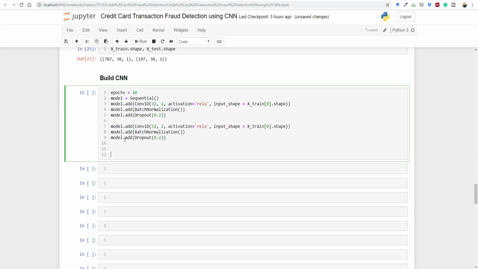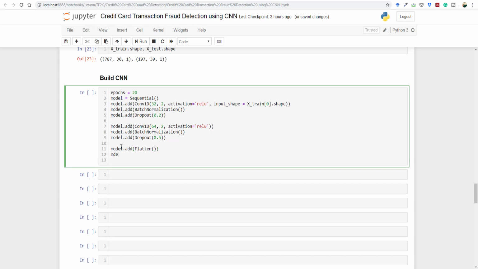I'll add that later. Now let's go ahead and add another layer, and in the second layer we actually do not need the input shape, so we can just remove the input shape, and for the number of units I'm going to pass 64, and I'm going to increase the dropout from 0.2 to 0.5. So in this way 50% of neurons will be dropped after the second layer, and 20% of neurons randomly will be dropped after the first layer. So now I'm going to convert this 2-dimensional or multi-dimensional data into a vector. That we can do with a flattening layer. So here we have a flatten, and then similarly we have here